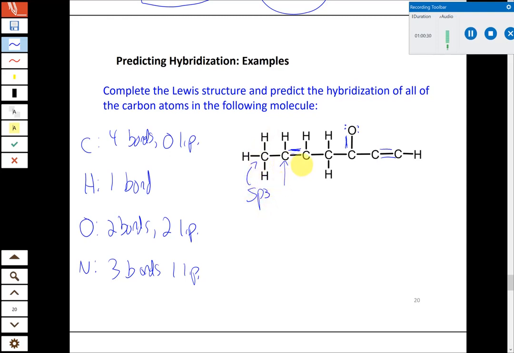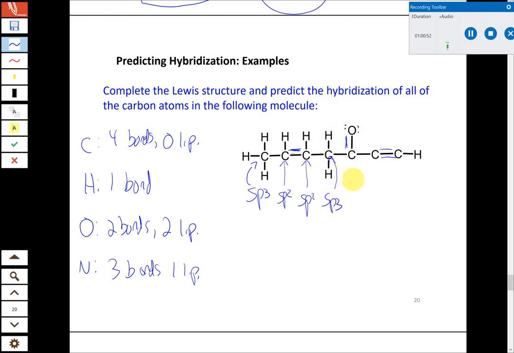This one here and this one here, they both have 3 things. They're bonded to this carbon, bonded to the next carbon, bonded to hydrogen. Total of 3 electron groups makes them each sp2. We're just counting the number of things that each carbon is attached to assign its hybridization. This carbon also has 4 different things attached to it, so it's going to be